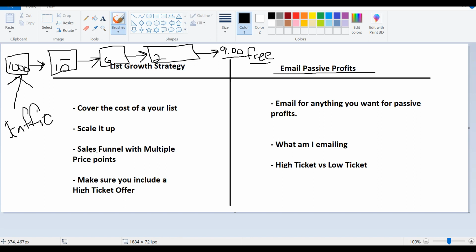Here we're talking about the sales funnel with multiple price points. Make sure you always include a high ticket offer. The higher the offer is on the back end, the better, because it only takes a few sales. I mean, if you can have a $10,000 offer back here, and I've sold offers that were over $10,000, it doesn't take many of those